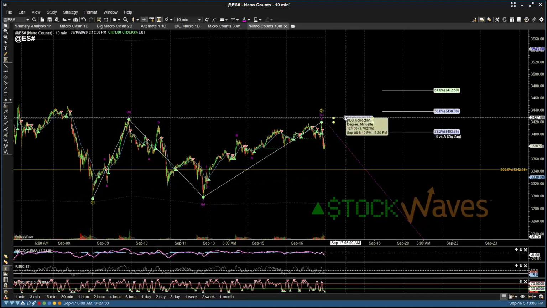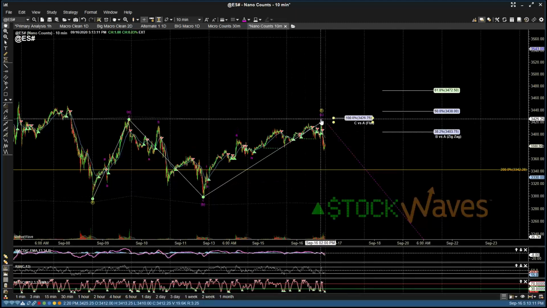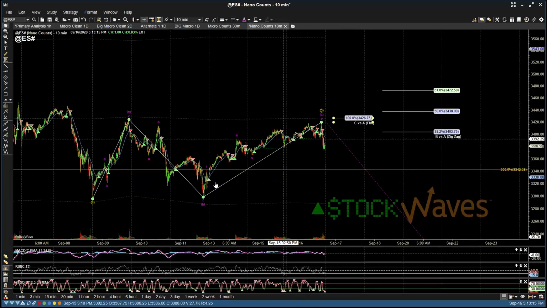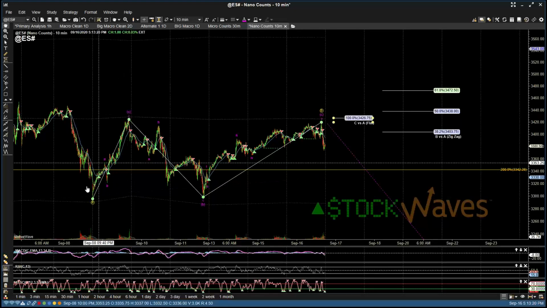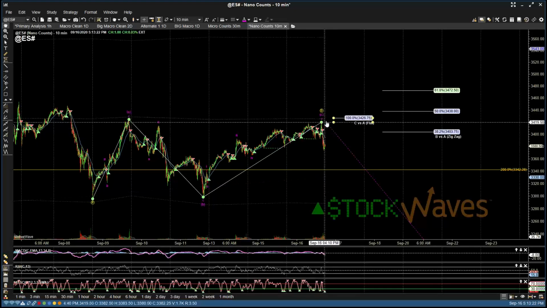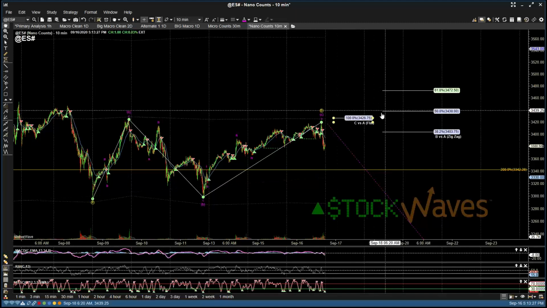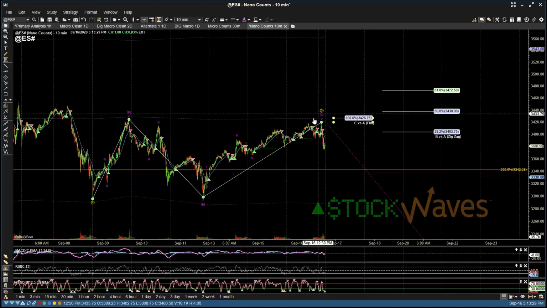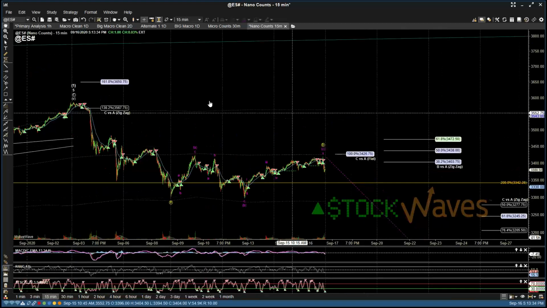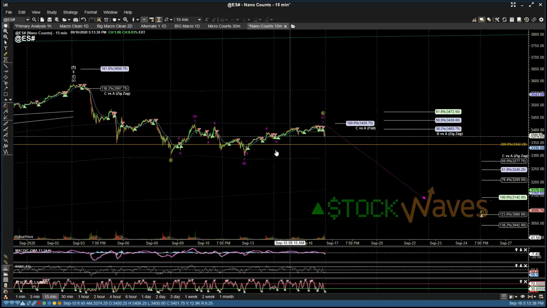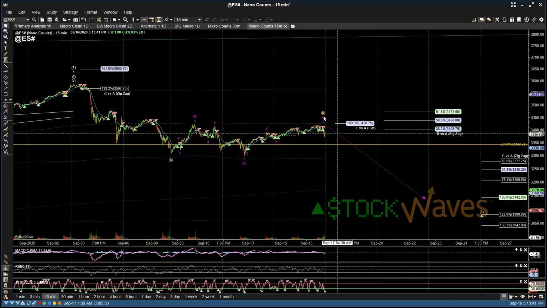This 3426, which we got very, very close to, not only is the middle Bollinger Band here, but is also the point where the parentheses C wave is equal to the parentheses A wave. That is one of the ideals that we look for within corrective structure. We also have confluence here with that being very close to a 50% retrace, and as I just mentioned, that middle Bollinger Band. So we have a very, very high probability setup of an initial move down, a corrective consolidation, and